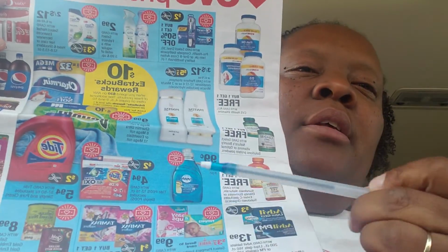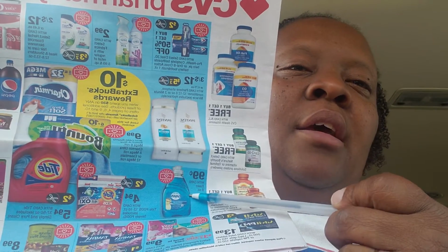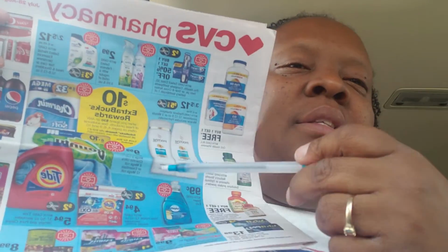In the CVS paper, there's a couple of deals that I go through, and one of the main things that I see up front is the spend $30. Okay, now I know that I want to get to that $30, but depending on how my finances are set up and my budget is running, I may or may not do that. This particular week, I have not done that yet. I will do it, but I haven't done it yet. But I know some of the things that I've purchased are contributors to the spend $30, and so I know that it's been tracking. I know specifically what I wanted to come into the store the other night for, but